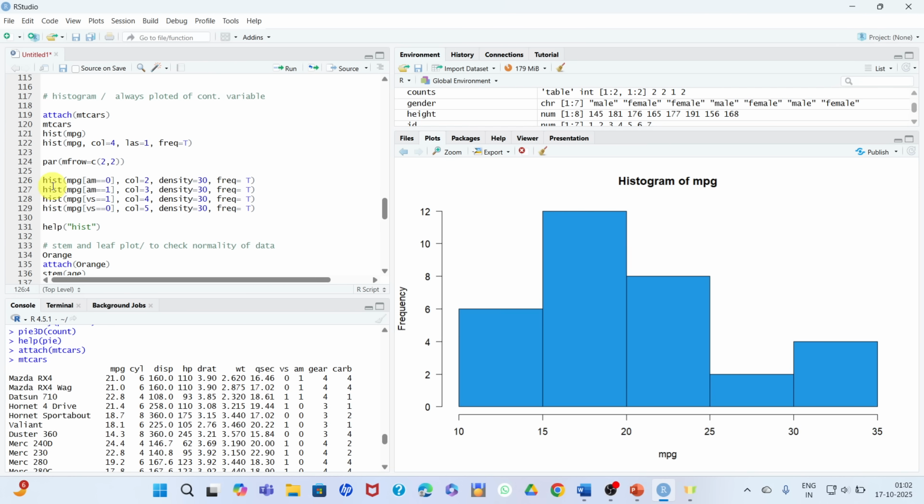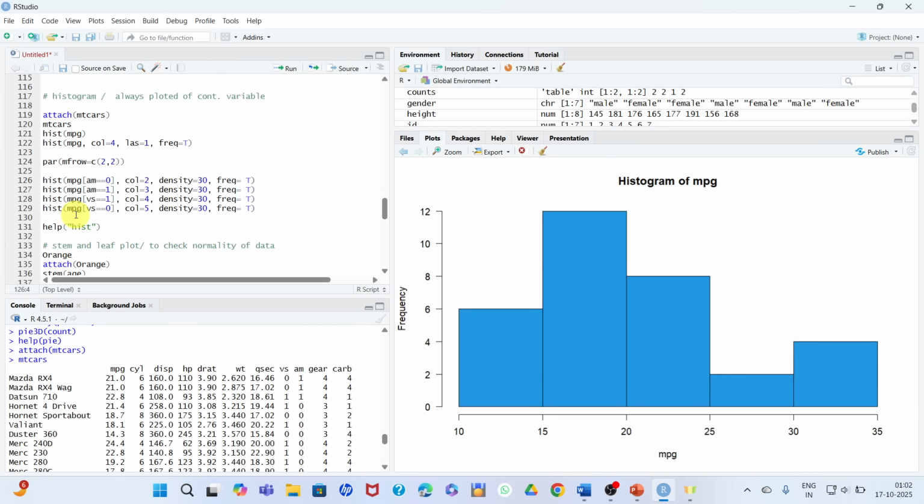Here you can see the command is histogram mpg. This is mpg, and in the bracket, that is AM equal to 0, color 2, density 30, frequency T. Again mpg, AM 1, color 3, density 30, and frequency T. Next is mpg, but for VS equal to 1, color 4, density 30, frequency.